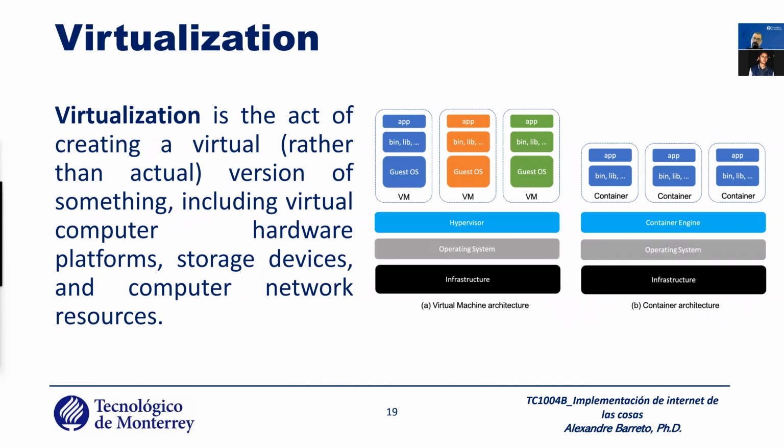To provide cloud computing, the most important technology is virtualization. What is virtualization? Think, for example, that you have your computer, okay? You have your hardware. Above your hardware, you have an operating system. Above your operating system, you have a group of applications. But it is possible to have, in the same hardware, different machines running individually, running completely isolated from one another.